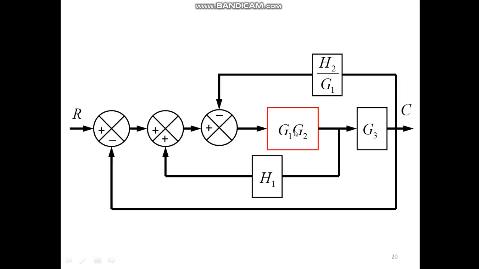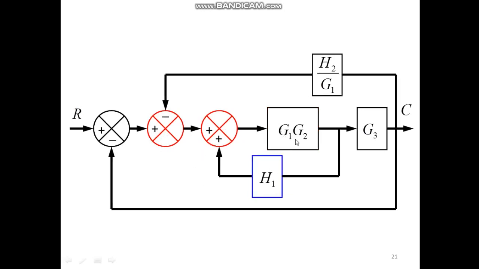single block. After this you can see the takeoff point, or what you can do is you can rearrange the summing points. So what we will do is we will shift this summing point to this side and this summing point to this side. Since they are connected in series, you can do such a transformation. What you are doing is changing the place of this summing point over here and this summing point over here. Because they are in series, you can do this particular transformation. So what I have done is I have shifted this summing point over here and this over here. So after doing this,